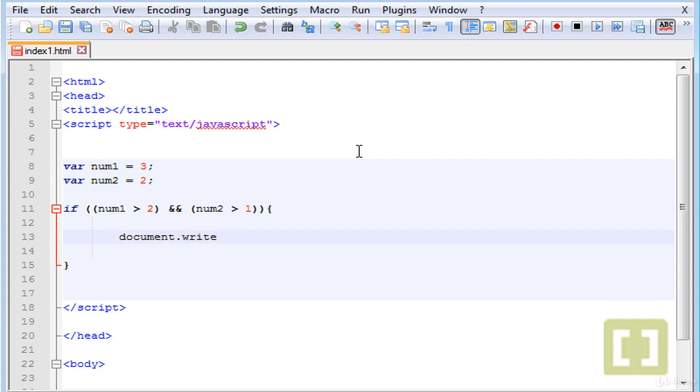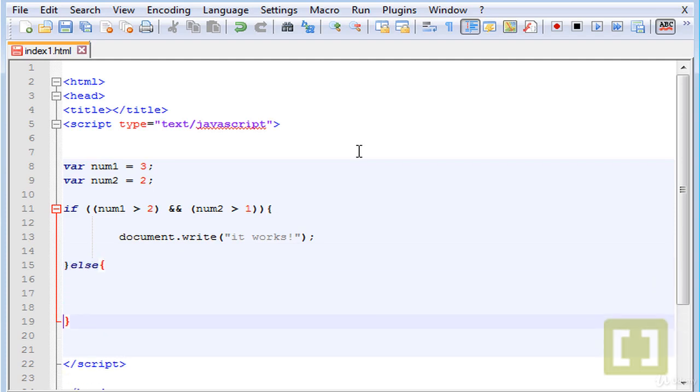dot write. And here we can type "it works", else, document write, "the condition